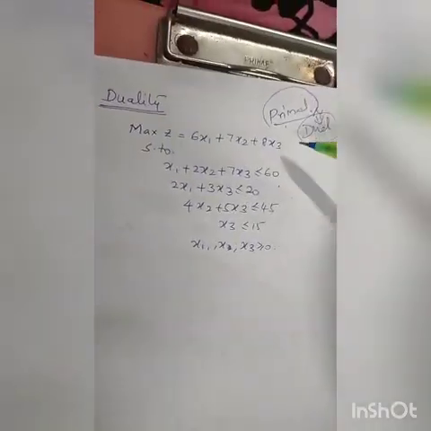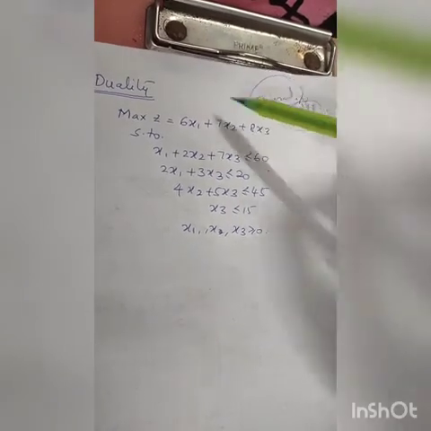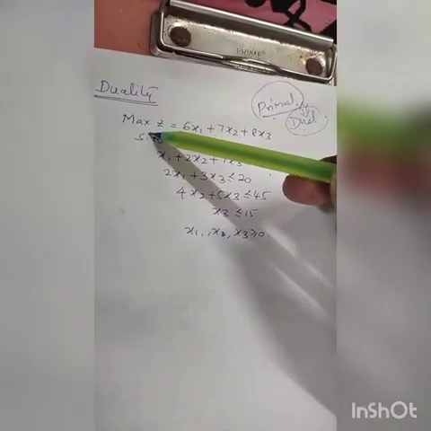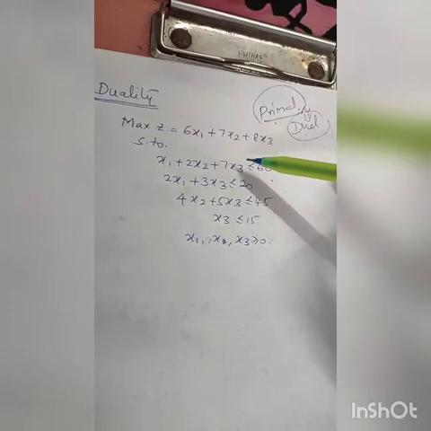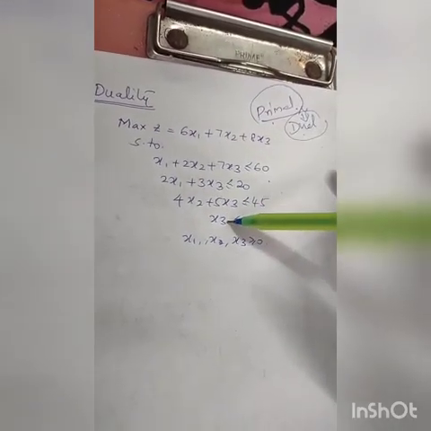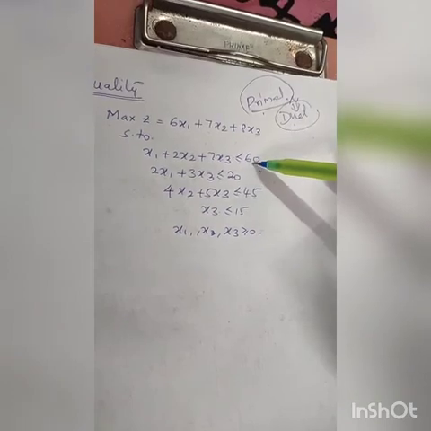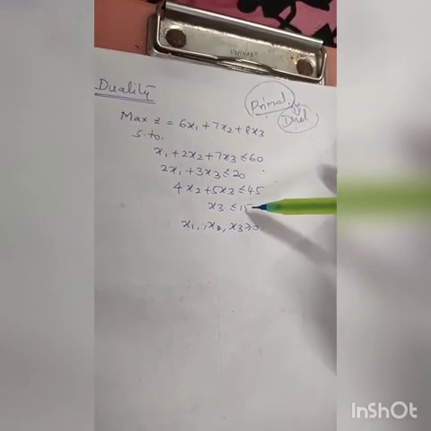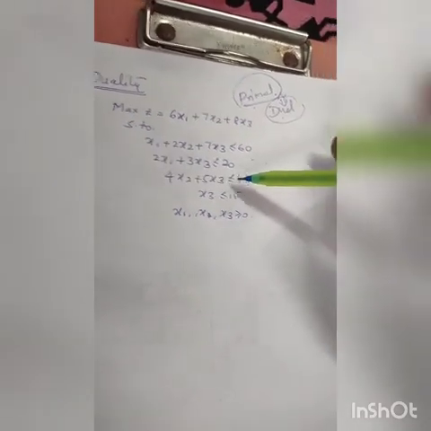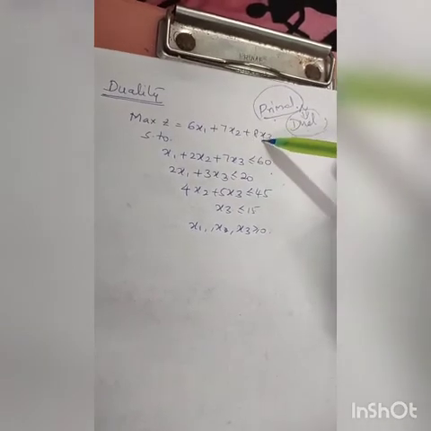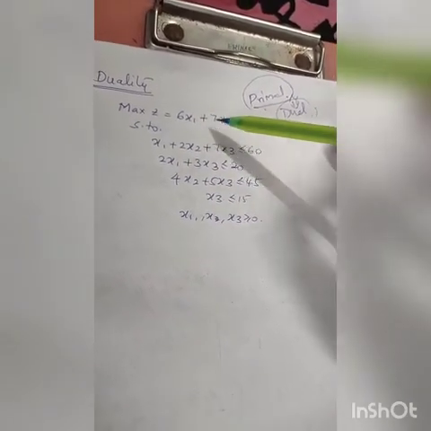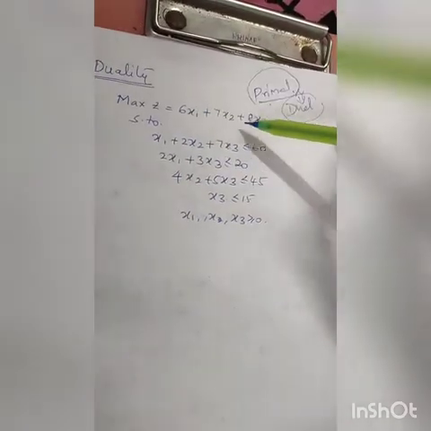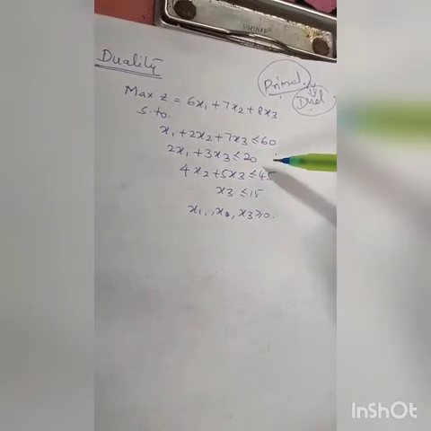Now to consider a dual, first thing is this is a maximization problem, so your dual problem is going to be a minimization problem. That is the first point. Second point, you have 1, 2, 3, 4 constraints. That means you have y1, y2, y3 and y4 variables, decision variables in dual. Third, you have x1, x2, x3 variables here. Therefore, you will have 3 constraints in your dual. So this is how we start.